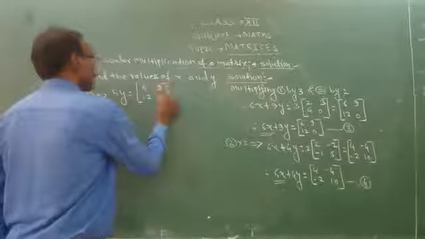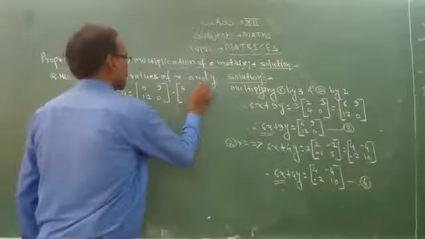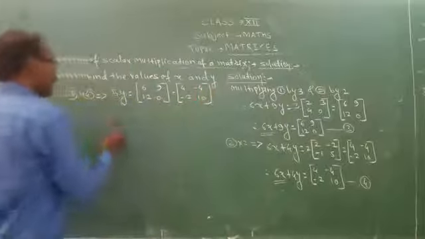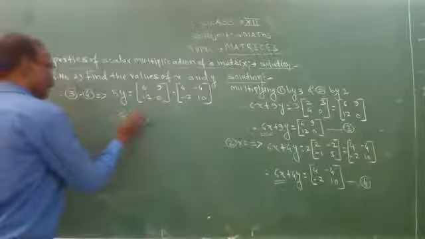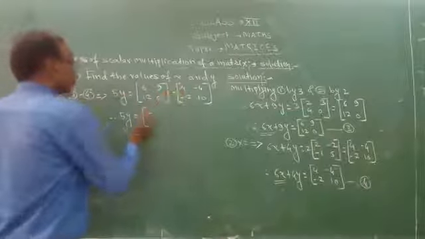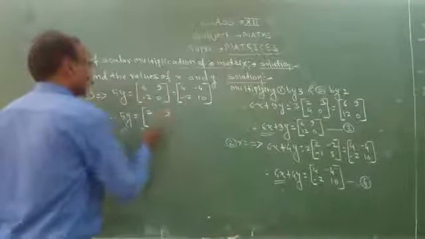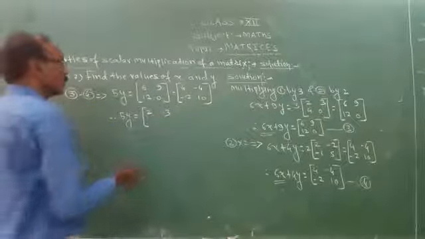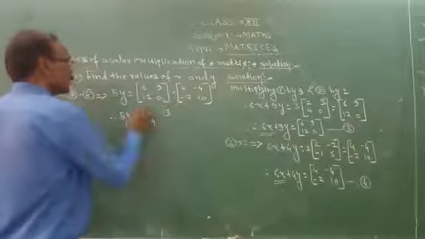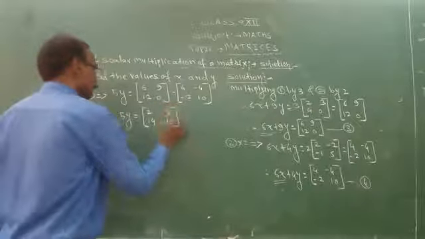5y equals, on the right-hand side, the matrix in 3 is 6, 9, 12, 0 minus the matrix in 4, which is 4, 4, minus 2, and 10. Therefore 5y equals, taking the subtraction, 6 minus 4 that is 2, 9 minus 4 that is 5, 12 minus 2 that is 14, and 0 minus 10 that is minus 10.